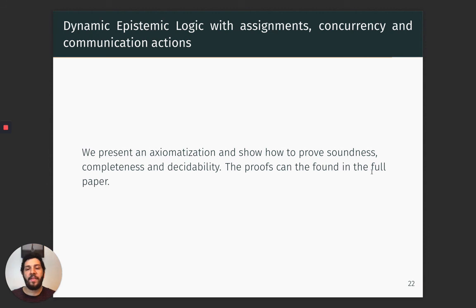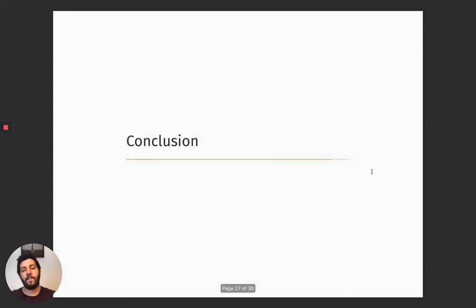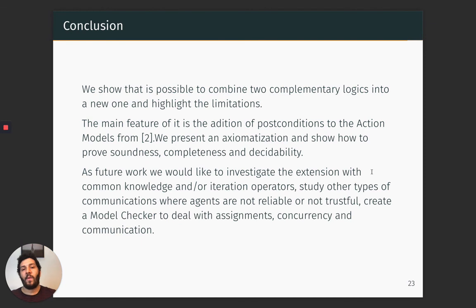In the paper, we present the axiomatization, and show how to prove soundness, completeness, and decidability. And the proofs can be found in the full paper. Well, we show that we can combine these two logics. They are complementary. To do this, we add this post condition to the action models of the dynamic epistemic logic with